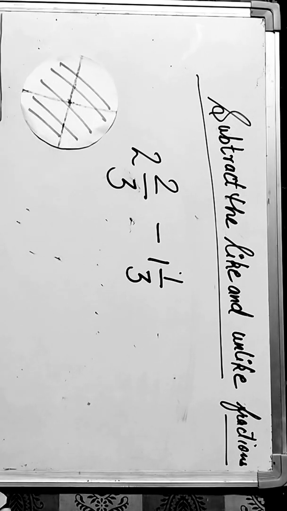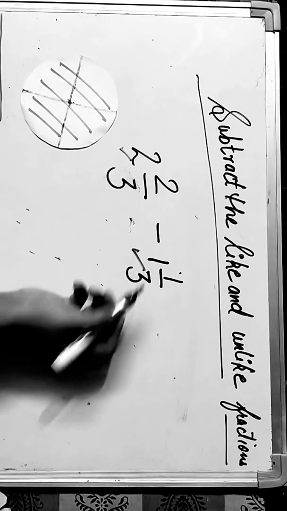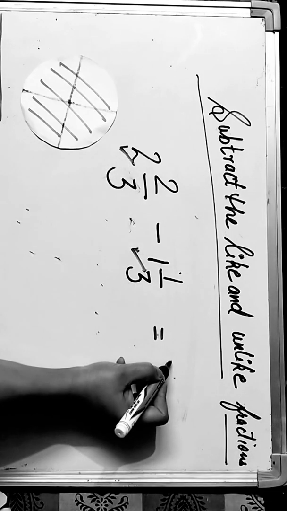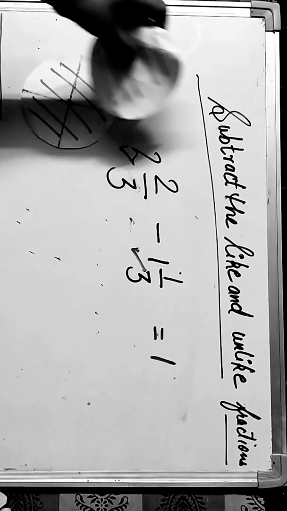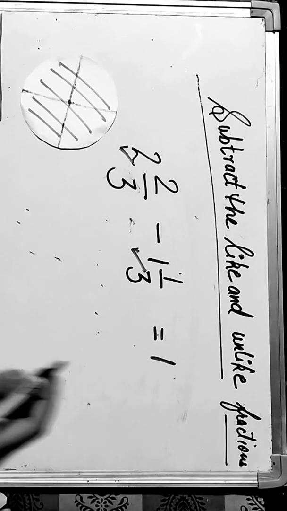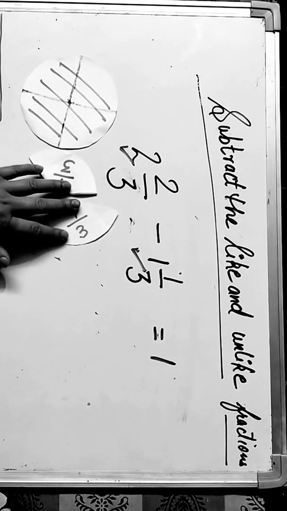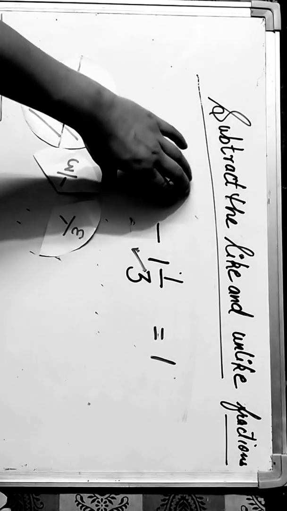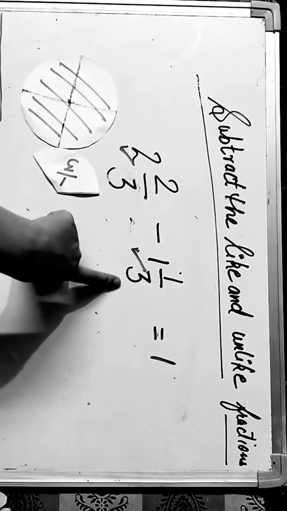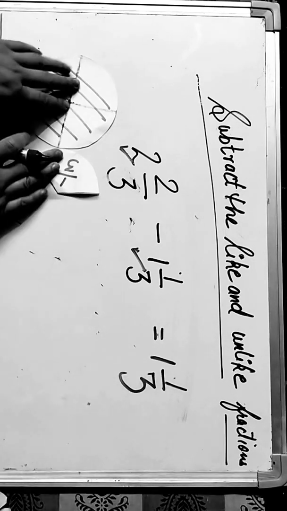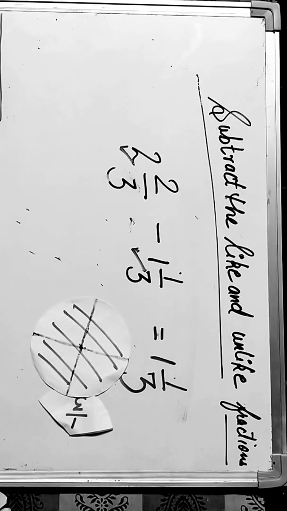So what is the way to do it? There were 2. I have taken out from full to full. I have taken out 2 minus 1, 1. You had 2 chocolates. I have taken out 1. So it is 1 full chocolate. How many thirds do I have? I had 2 thirds. How many thirds do I have to take out? 1/3. How many thirds are still left? 1/3. So the required answer is 1 full and 1/3.